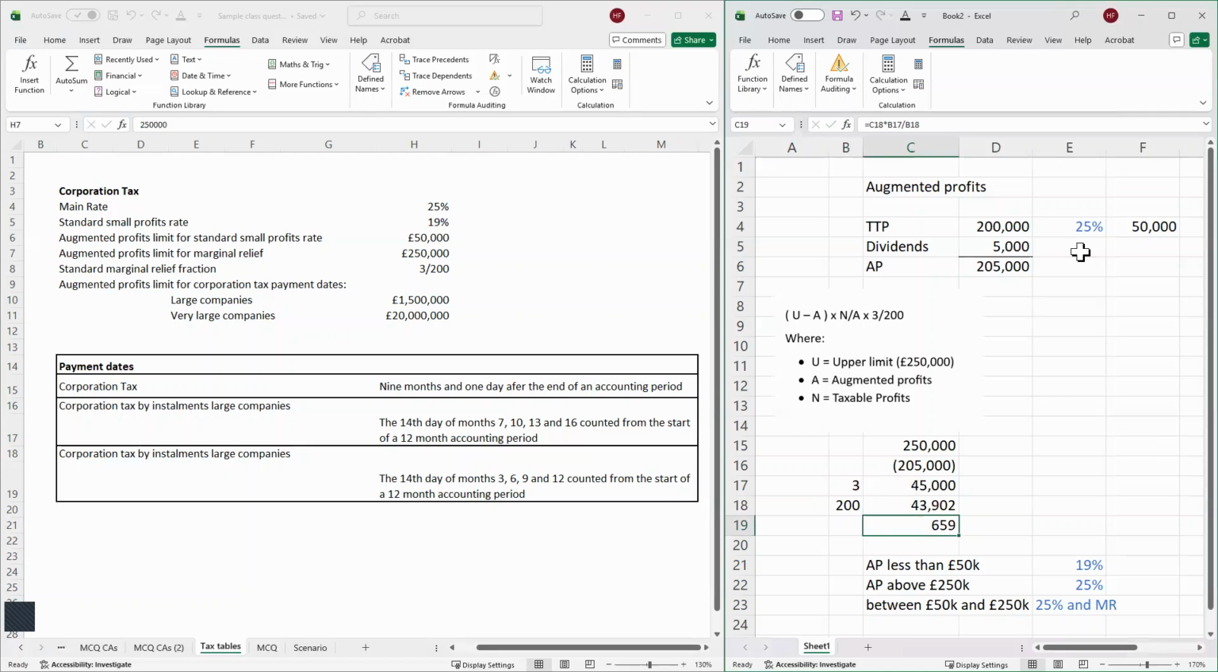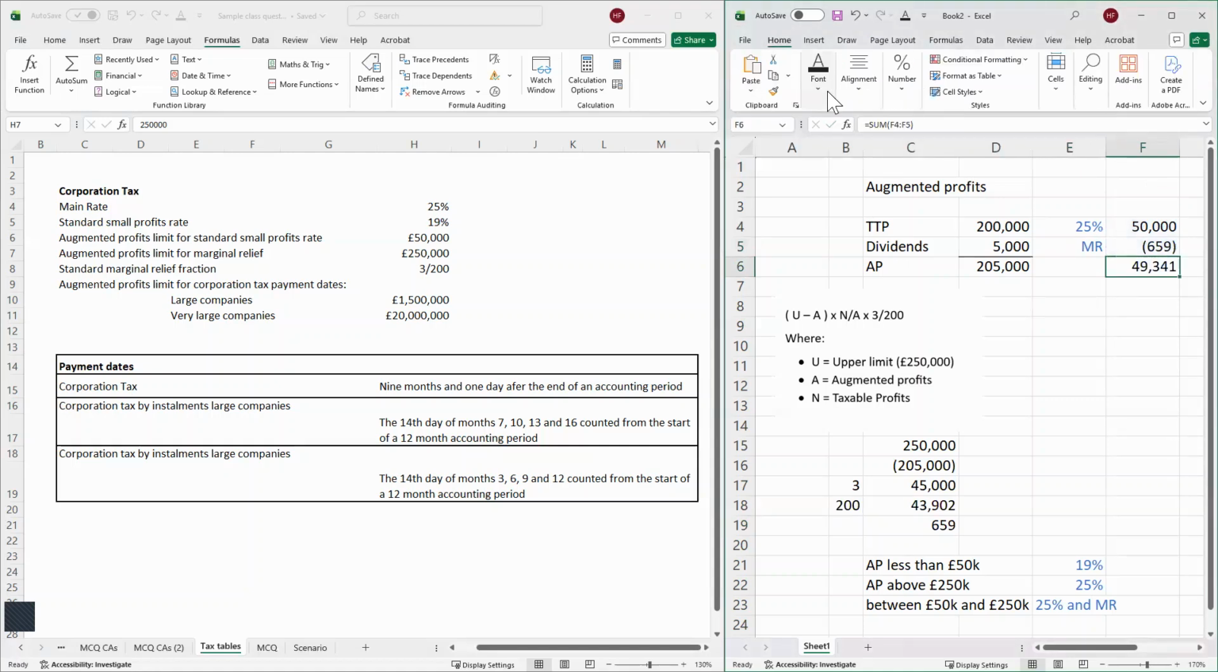So we can then take off the marginal relief from our £50,000 tax charge, £659, and that means the tax charge for the company for the period will be £49,341. So instead of the entire profit being taxed at 25%, it's all taxed first at 25%, and then we can take a slight reduction. And because our augmented profits here are quite close to £250,000, the marginal relief is quite